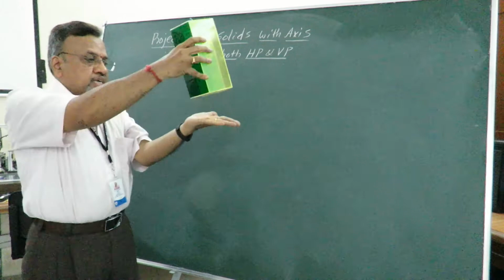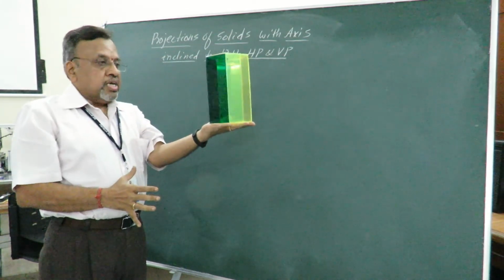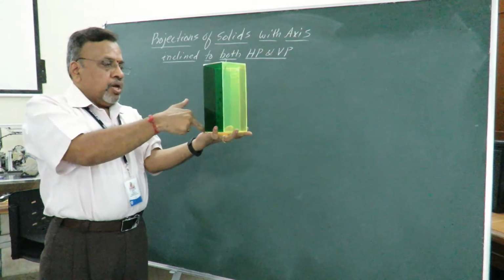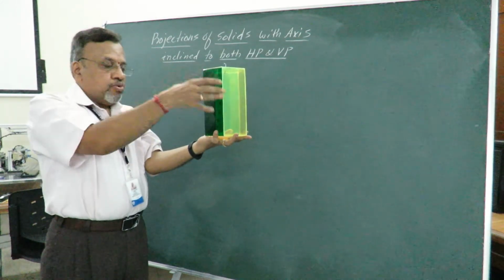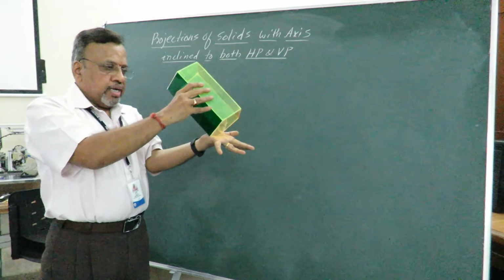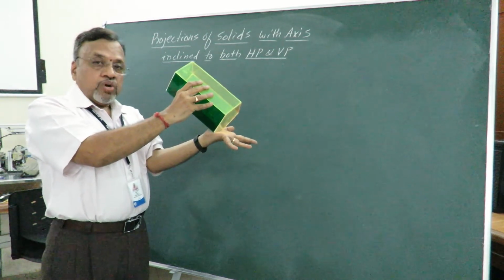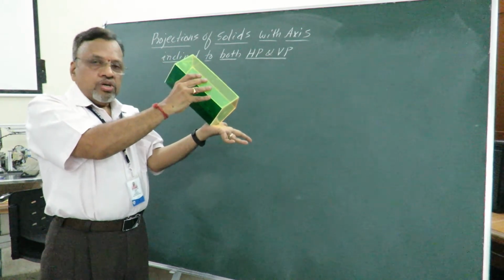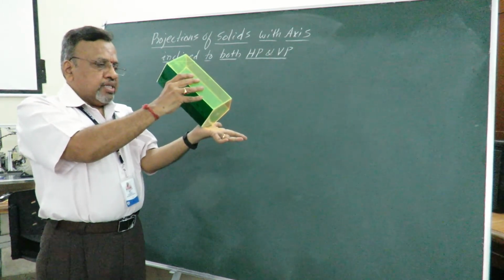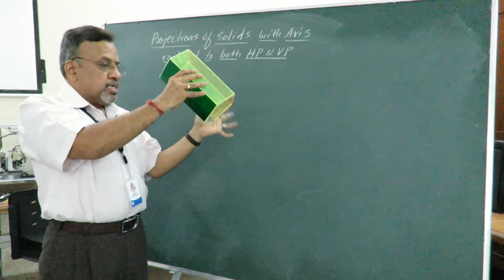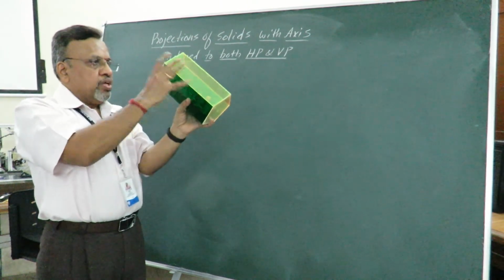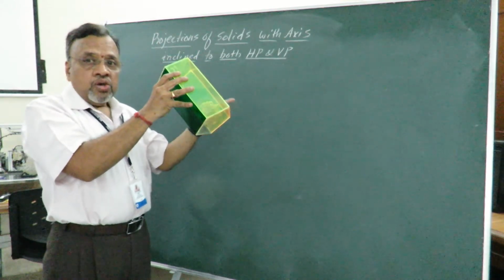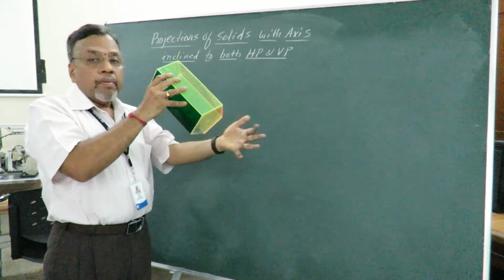Anyway, I told you that this is my second stage. I said this is my first stage: in stage 1, I have just taken one of the base edges perpendicular to VP, so that I can write my top view and front view. Second stage, I will just rotate in this way. If I rotate in this way, this particular base edge is resting on the ground. Once I get the projection in the second stage, I can see the axis is inclined to HP, but with reference to VP it is still parallel.